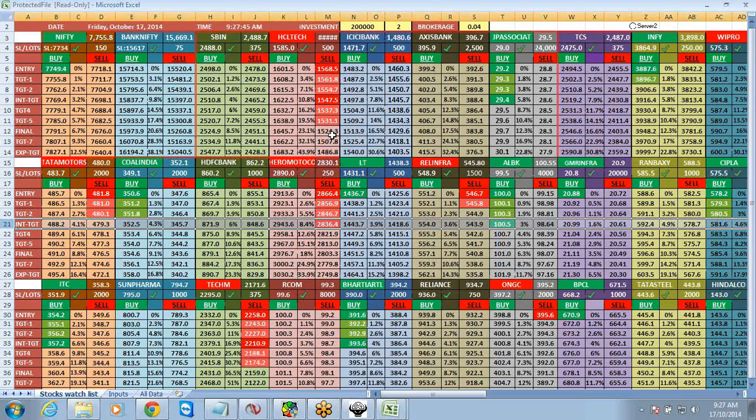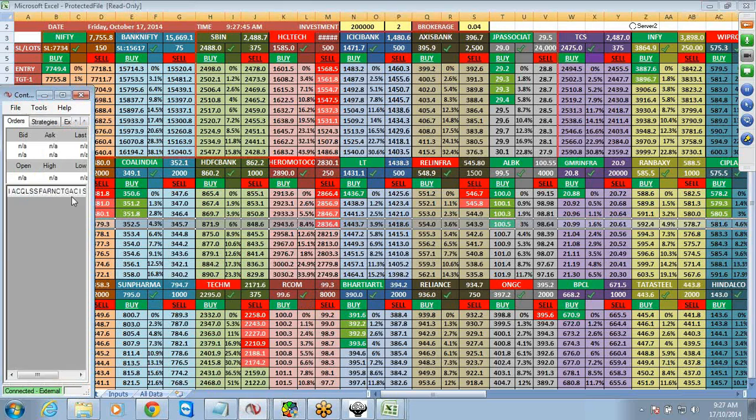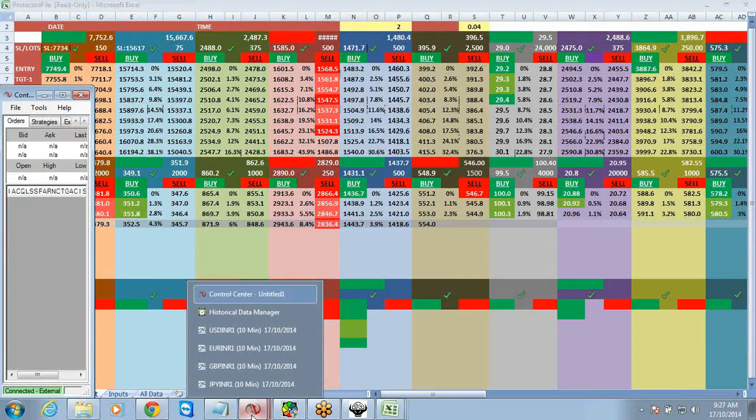HCL Tech seems like it will be making its final target. Meanwhile, I'll open the TradingTree charts so that I'll be able to tell you what will be the